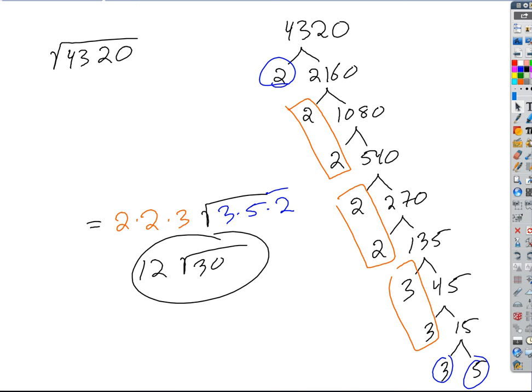Okay, we were simplifying radicals, right? I showed you the trick. Couples go out, singles stay in, right? So the last example we looked at was a big one. If we wanted to simplify the square root of 4320, we